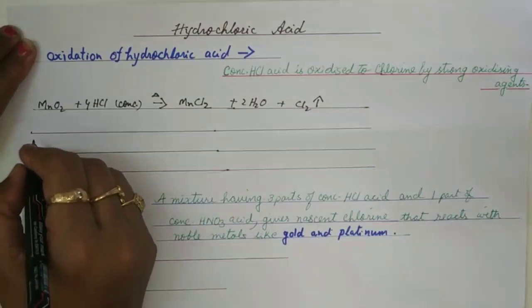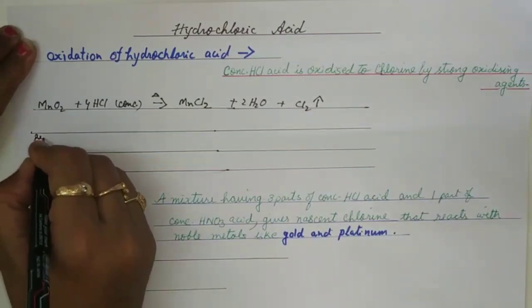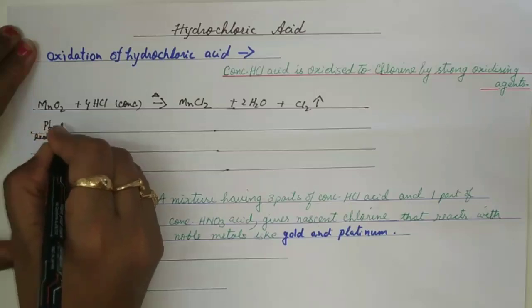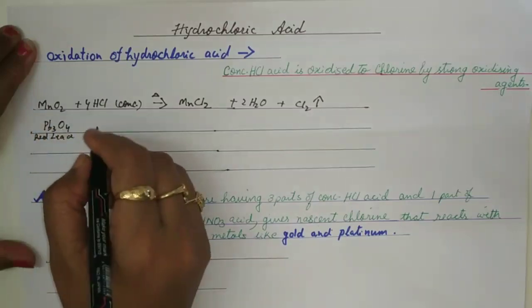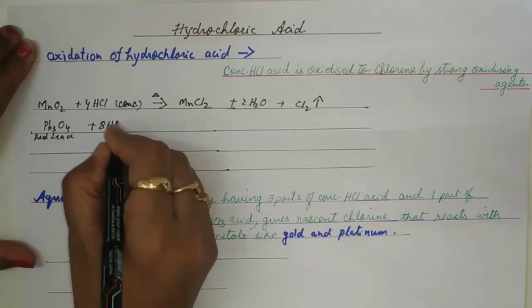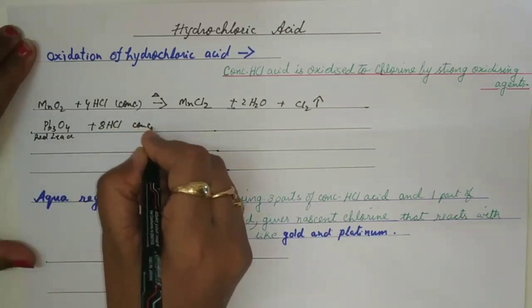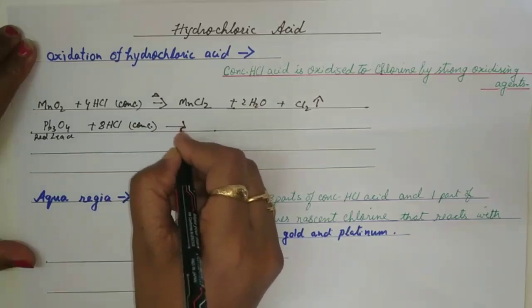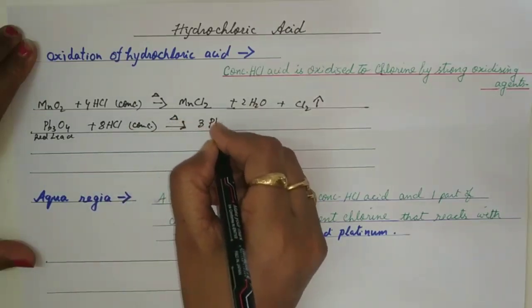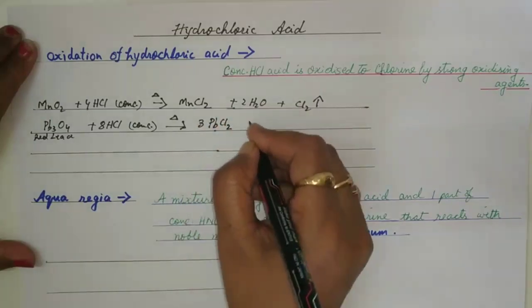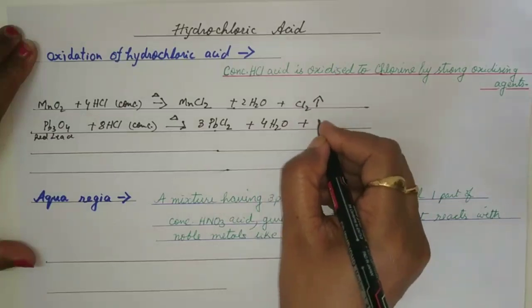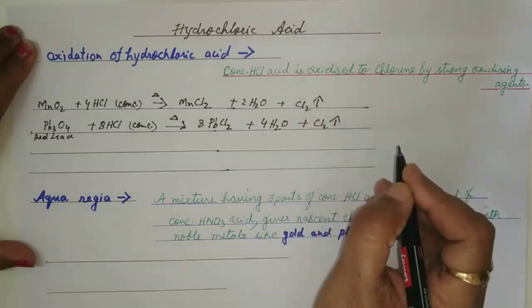You can try with red lead, that is Pb3O4, plus again conc HCl, reacted with little heat, will give you lead chloride, water and chlorine gas,